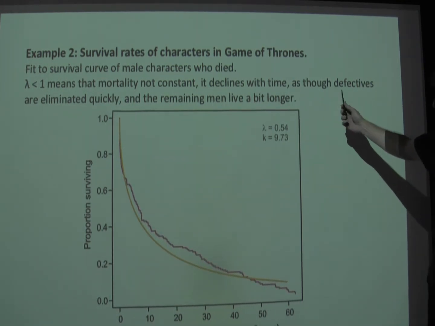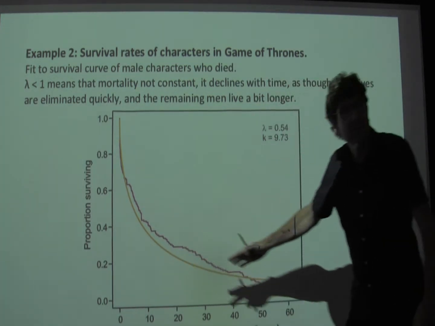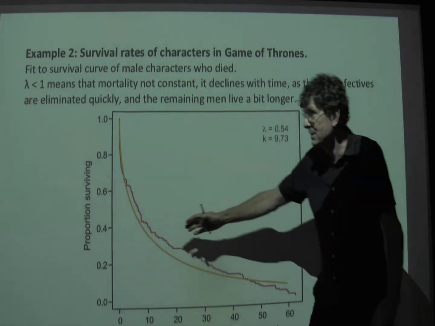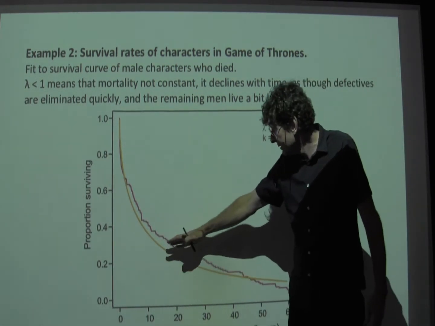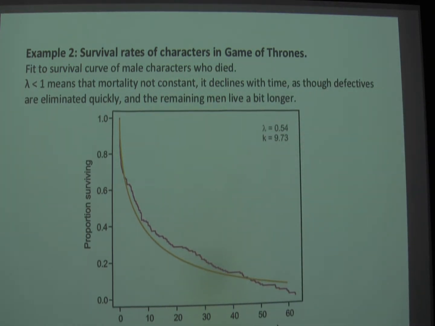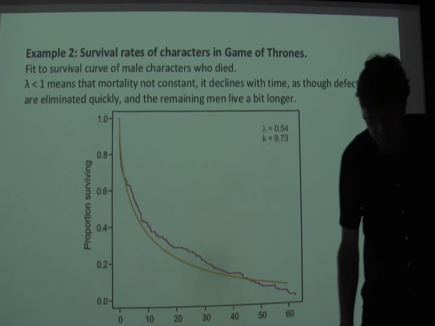And so what this curve describes is a kind of natural selection, or maybe artificial selection, where characters, when they first appear, have a pretty high chance of being removed, as if they're defective in some way. They're not worth very much, so they're just meant as background violence. And they're eliminated quickly, whereas for those that manage to survive 10, 20 hours, their probability of dying slows. It certainly never goes away. Okay, so that's how to interpret a shape parameter in this case that's less than 1.